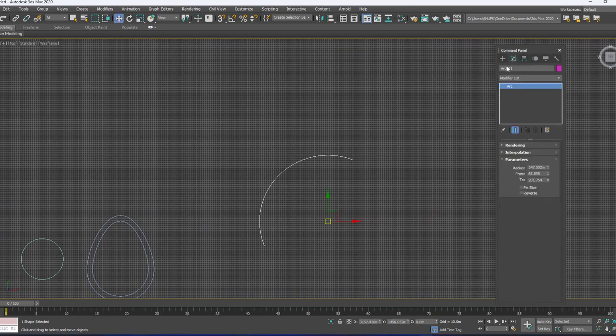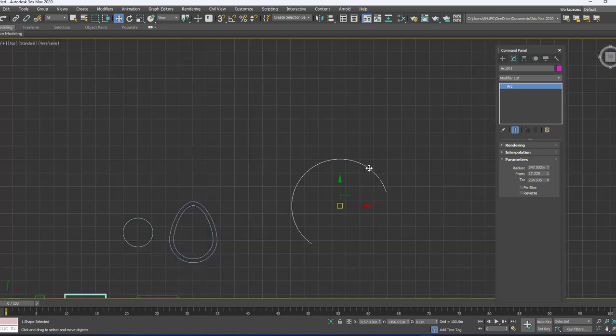Go to the modify option, and then rendering we know, interpolation we know, and then you can change the radius of that, and then from means where you want to end, means you can decide the angle of that arc. And then 2 means from the first point you can change. Same thing, you can go to the convert to spline in order to modify it.